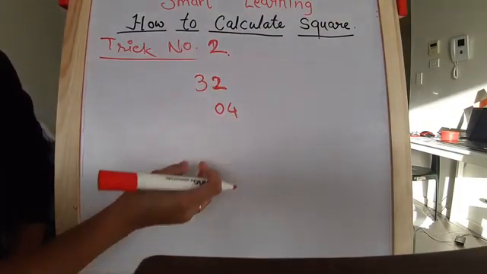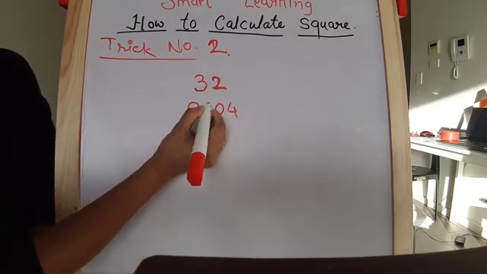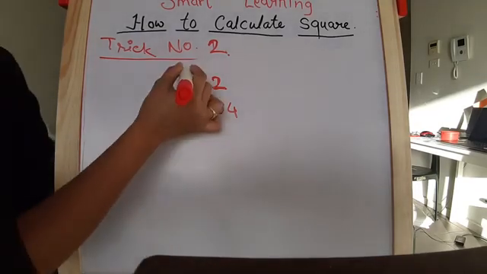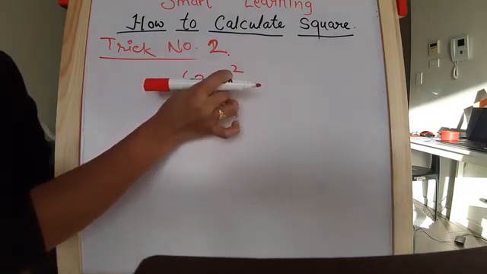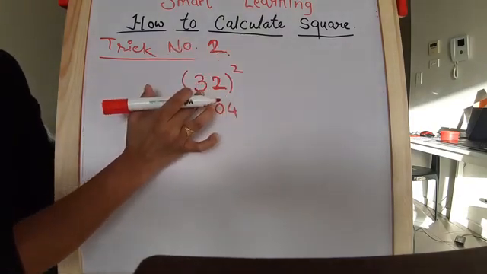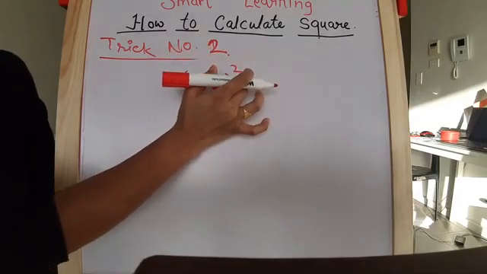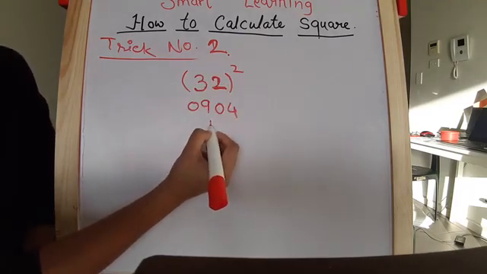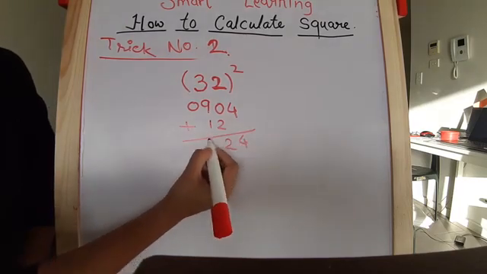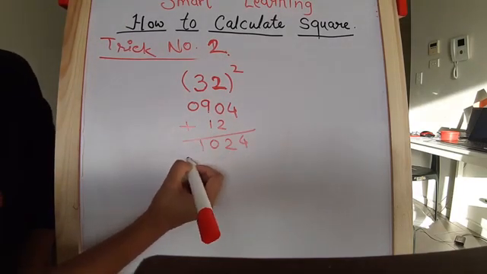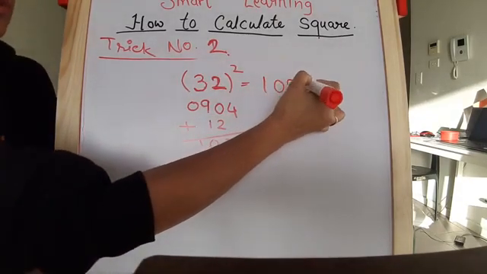But the condition is we should write it in 2 digits. And what is the square of 3? It's 9. Now what do we have to do? We have to calculate the square of 32. So what will we do? Just multiply these 2 digits and then multiply it by 2. So 3 2s are 6 and then into 2, 6 2s are 12. We will leave the unit place and we will write 12 here. Then just add it. 4, 2, 9 plus 1, 10, 1, 1. 1024. So the square of 32 is 1024.